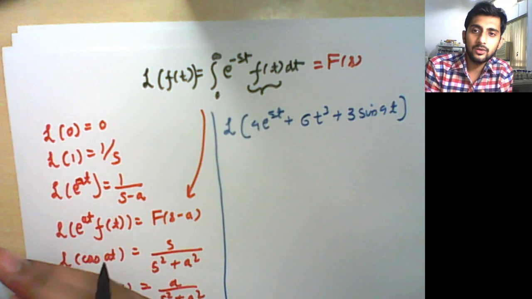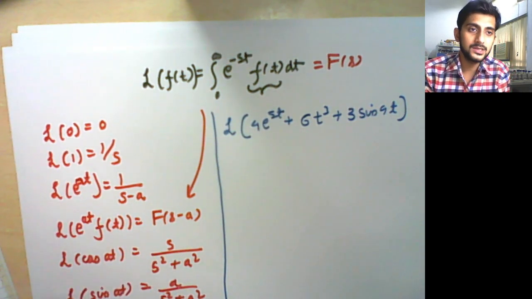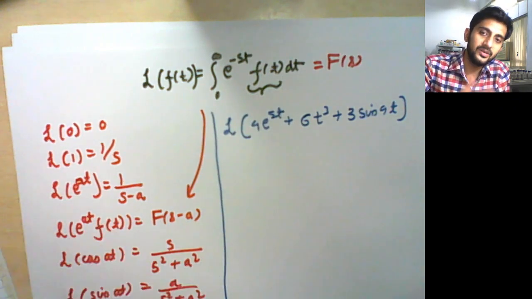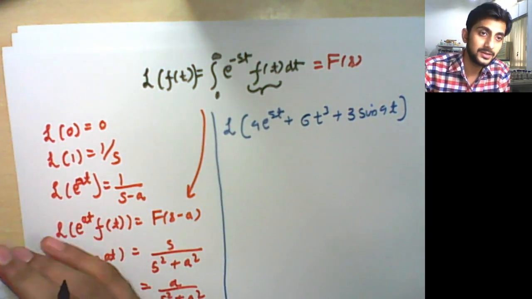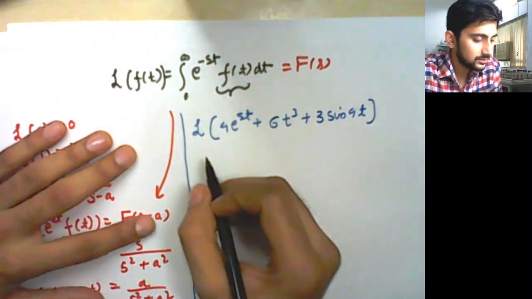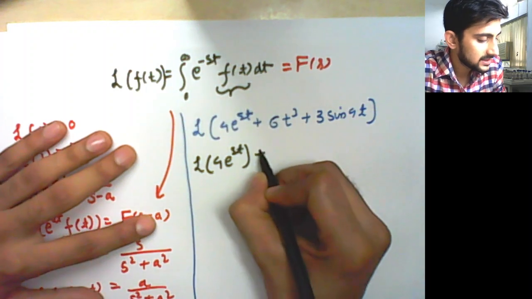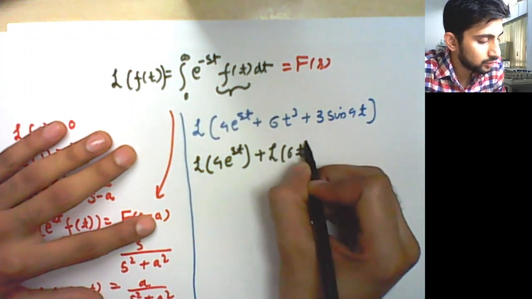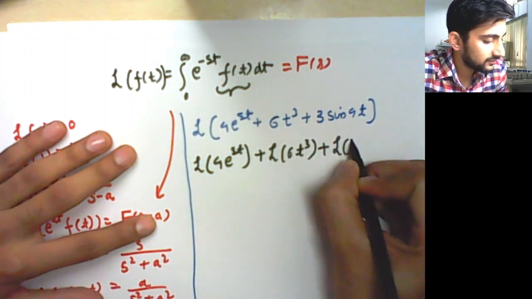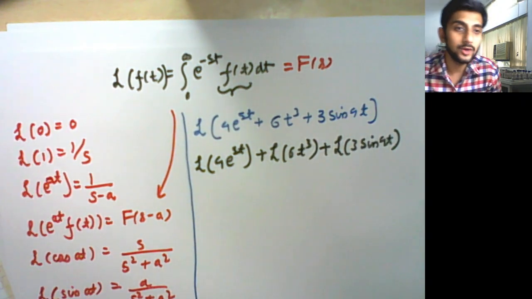Although you can stop the video in between, you can test how sharp your skills in Laplace transform are, and later unpause and play the video to check whether you did it right, whether you learned correctly. So we will apply linearity. You can just put it as Laplace transform of 4 e to the power 5t plus Laplace transform of 6t cube plus Laplace transform of 3 sine 4t. Okay, it is 4t, not 40.